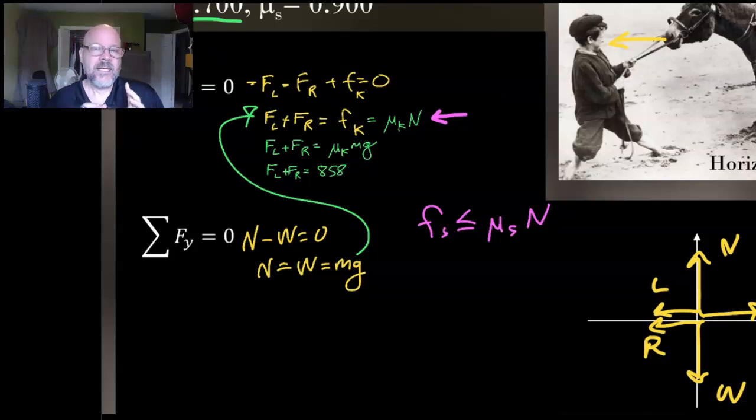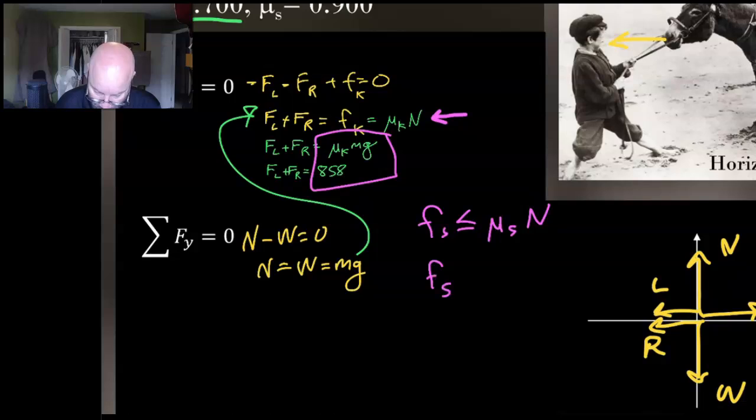kinetic friction is moving, but with kinetic friction, you know 100% the value of the friction force. With static friction, you don't know what it is. All by itself, mu times N doesn't give you enough information. And so if we run the math with our mu sub s, what we get here is that